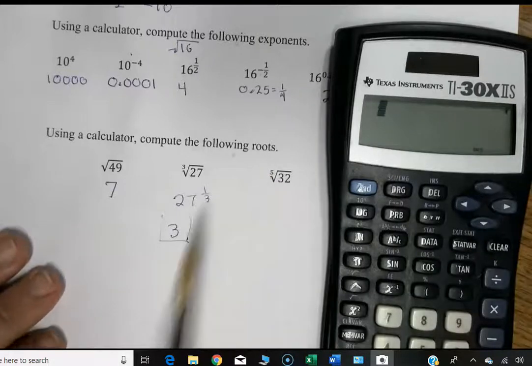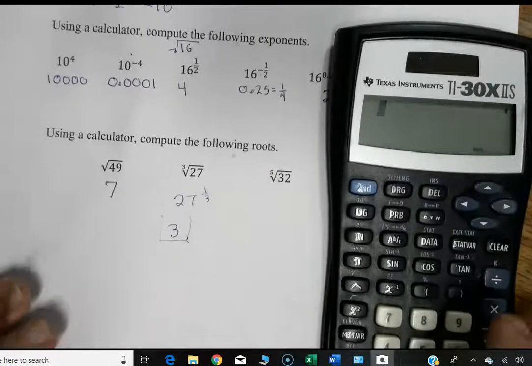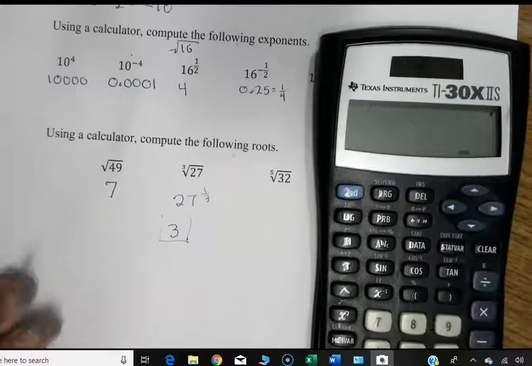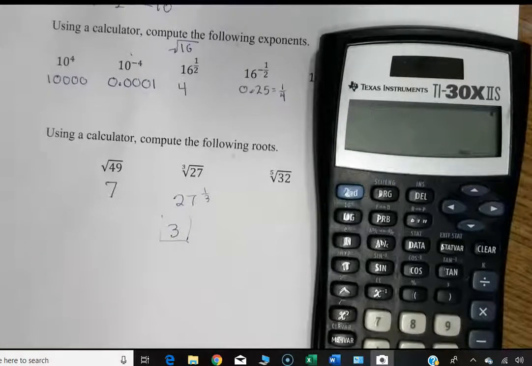Okay, do the 5th root of 32. You can do that either way you want. I'm going to use the root sign. Go ahead and pause and do that. Okay, you could have done 32 caret 1 divided by 5, 1/5, and that would have given it to you,